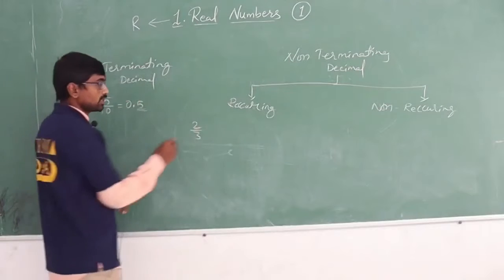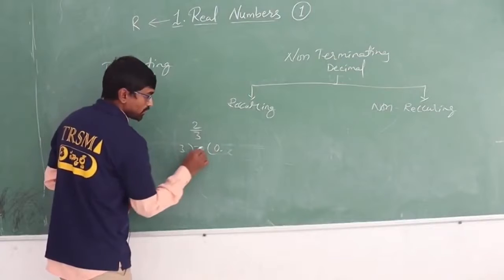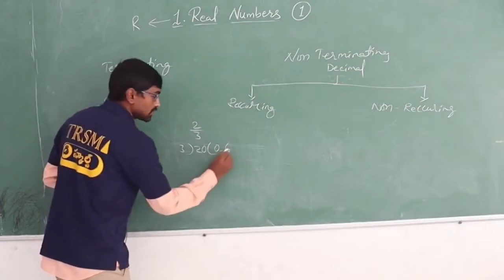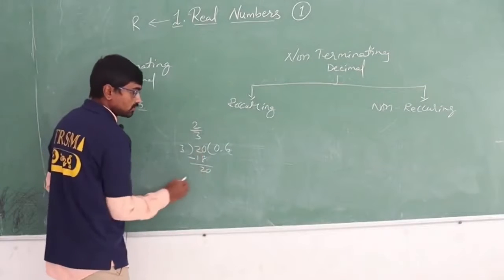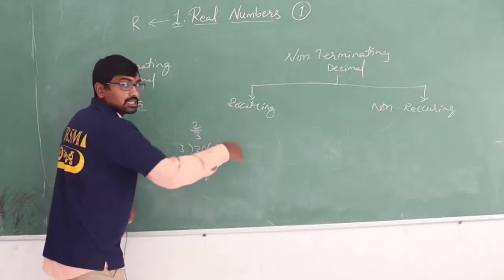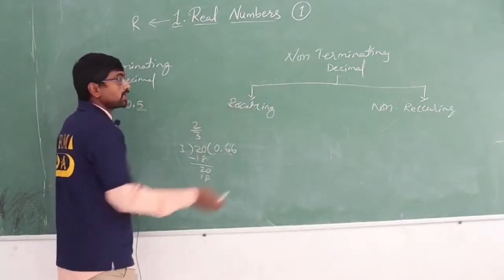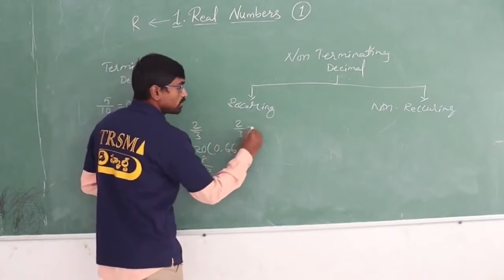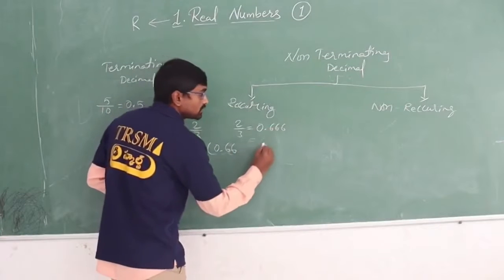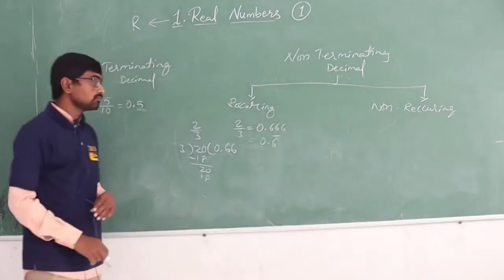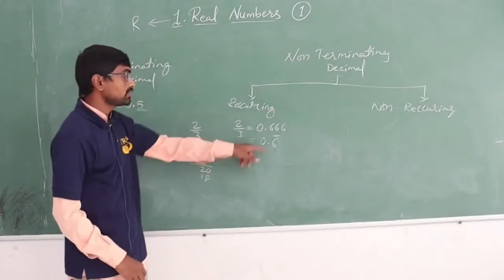Let me take one more example: 2 divided by 3. If I convert this into decimal form, 2 divided by 3, 0 point, here also 0, 3 6s are 18, I get a remainder of 2. Again I write 0, again 6 3s are 18, so it is continuing. I keep getting the digit 6, and it continues. So 2 by 3 in decimal form becomes 0.666, which I can write as 0.6 bar. It means that 6 is repeating after the decimal.